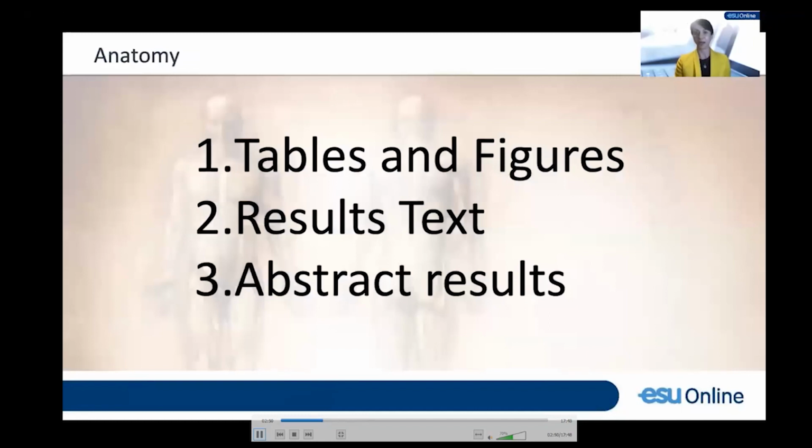So let's talk a little bit about anatomy. We're going to talk about the anatomy of those tables and figures, your results text, and then the abstract results. And really, these three things should basically mirror each other. Our minds work in such a way that we are used to seeing data in a specific fashion. It can be jarring for a reader if things are presented in a way that's out of order. And also, it can really help to reiterate a point over and over again, so that by the time your reader completes your paper, they understand not only your key points, but also really understand your main message and also the importance of it.